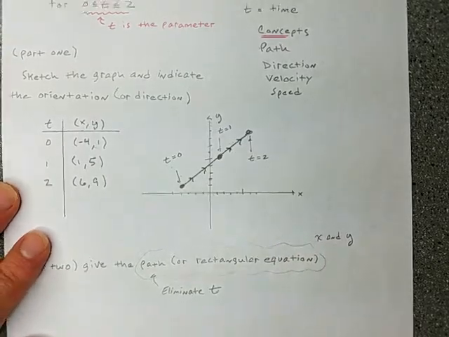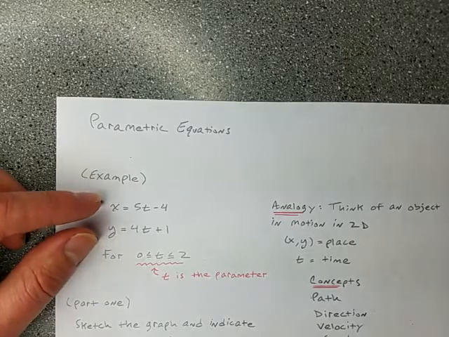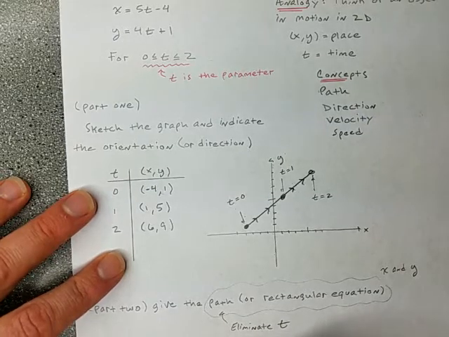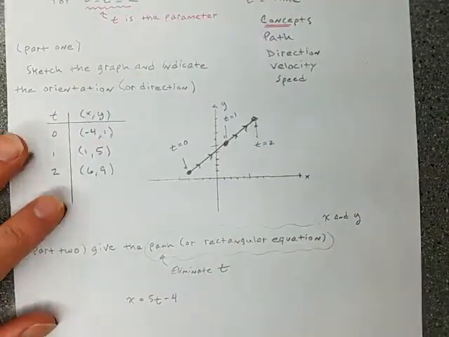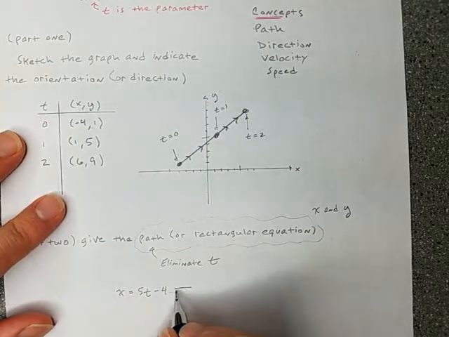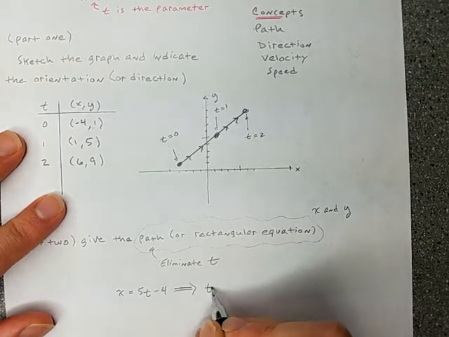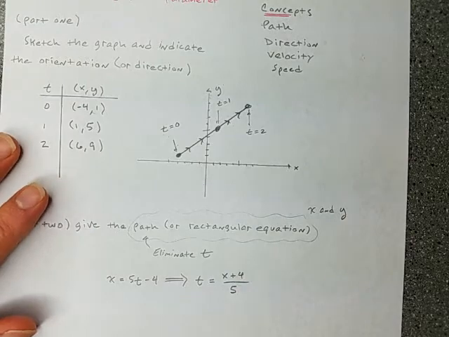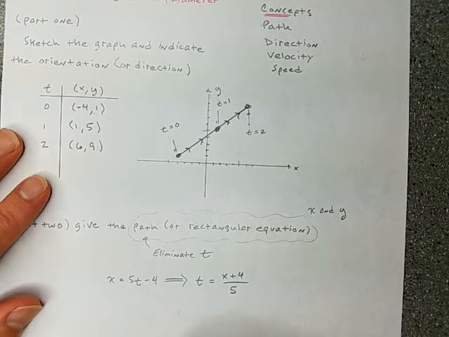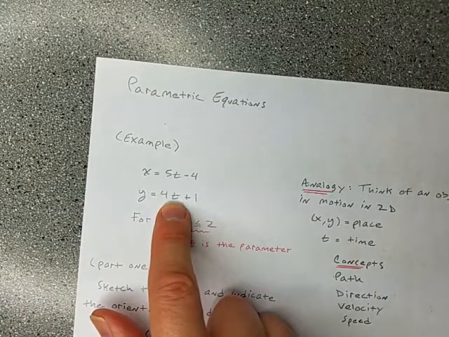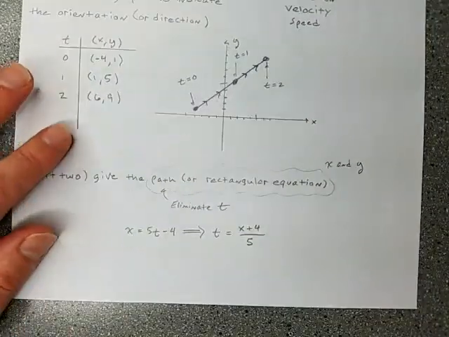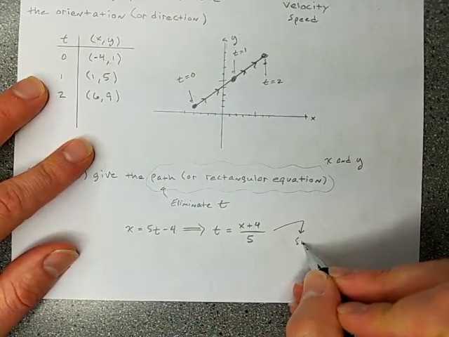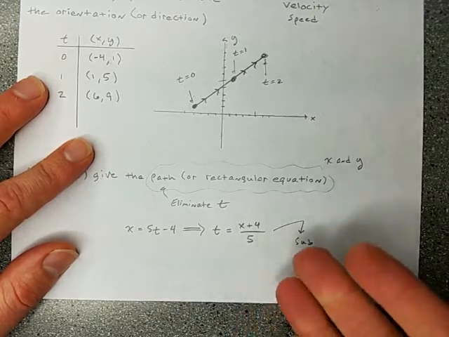All right, so here's what I was working with. We'll use these together to try to eliminate t. So let me take that first one. That first equation I had up there was x is equal to 5t minus 4, okay? All right, that's what I started with. Now, if I solve that for t, then I'll get like so, okay? And then if I substitute that value of t into this second equation, I will have eliminated the t, okay? So it's like, take the first equation, solve for t, and then sub. And if we do that in that second equation,